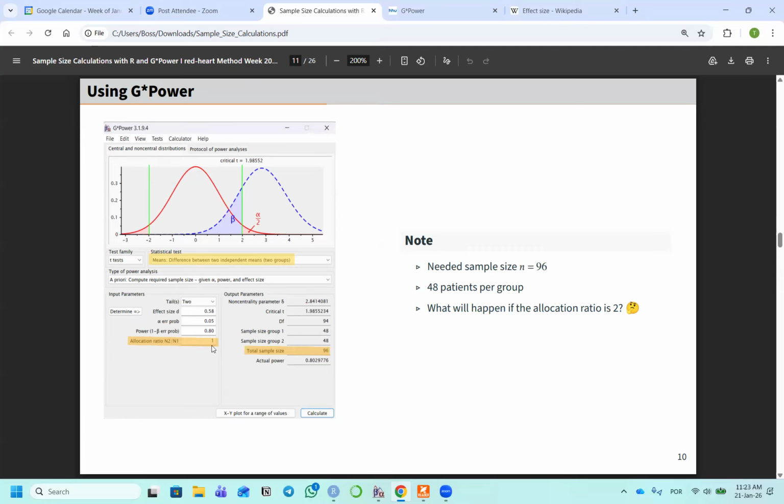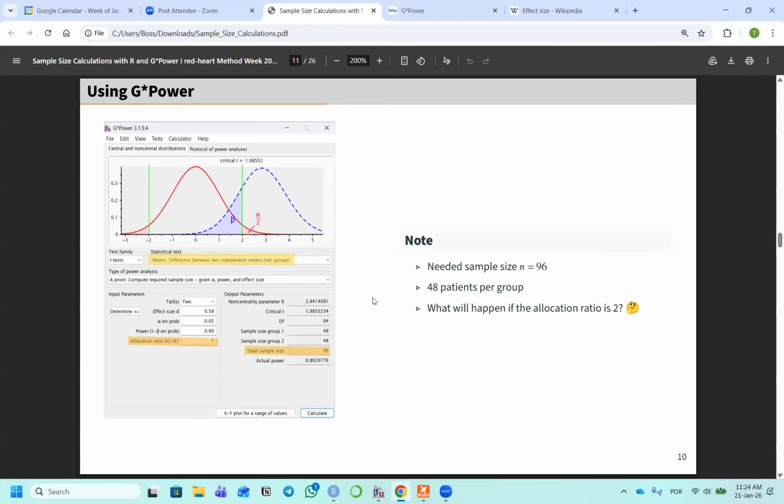The study may be an unbalanced design. And do I need a large sample size or maybe a small sample size? It is highly likely that I need a larger sample size,